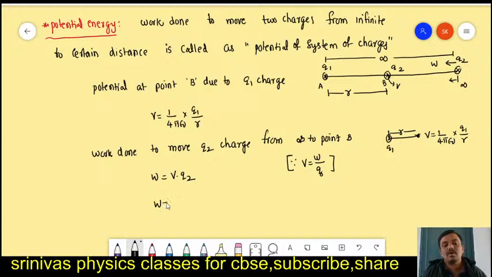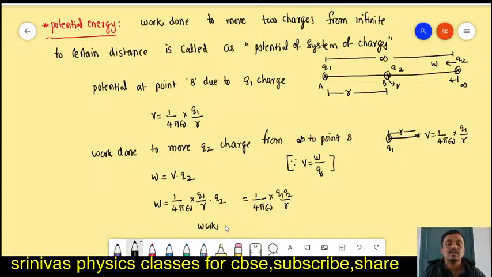The potential from the above equation is 1 by 4 pi epsilon naught into Q1 by R, so finally the work done is 1 by 4 pi epsilon naught into Q1 Q2 by R. This work will be stored in the form of